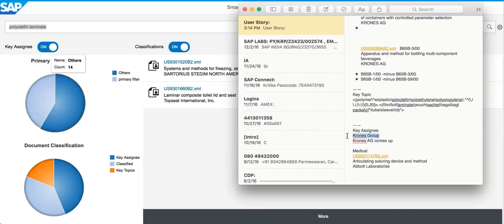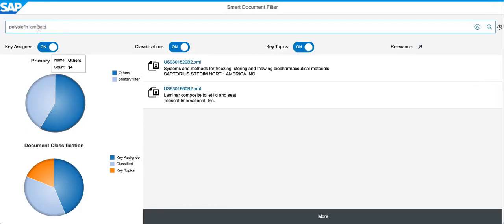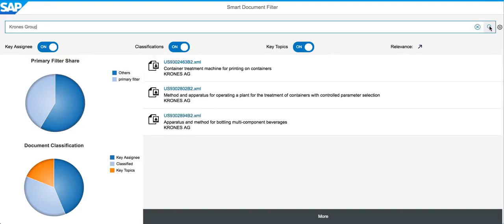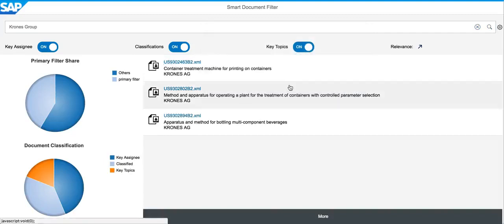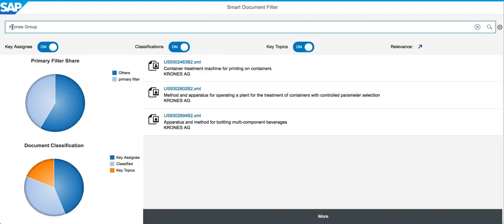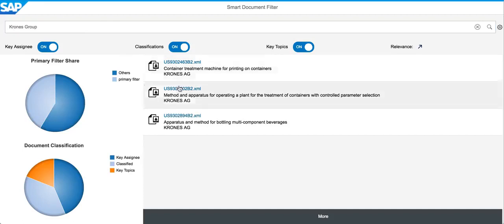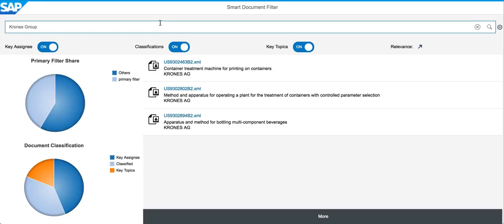For example, let's search for a company, Crohn's Group. If you see what happens, it's not only Crohn's Group, but Crohn's AG also comes up, because it understands that Crohn's Group could be organizationally named as Crohn's AG or Crohn's Private Limited, etc. So that way the key topic search also happens. And as we see, this relevance indicator goes up or down based on whether the text analysis rules came into action or not. For example, if I search for